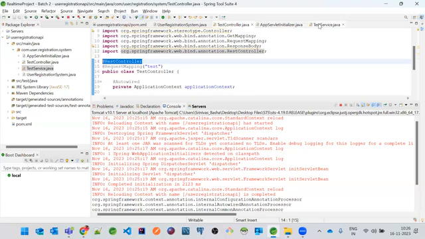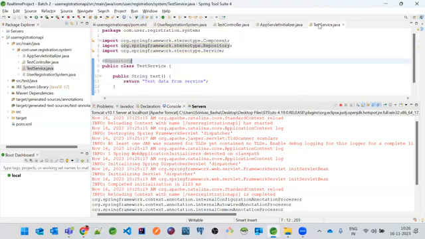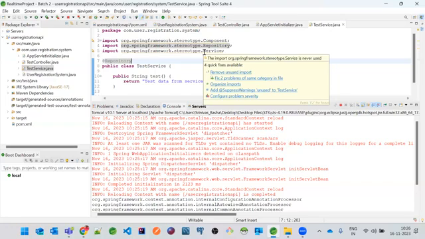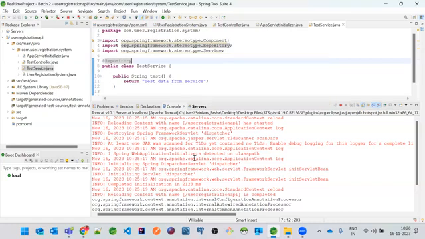And if you just want to create objects for any classes which are not user endpoints, that means not request mapping URL classes, you can use @Repository or @Service or @Component. All these three annotations, whether it is @Component, @Service or @Repository, are basically meant for creating an object for a class. That's it. And that's the total idea.